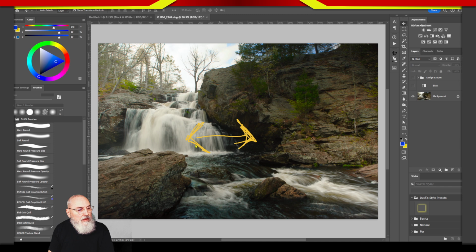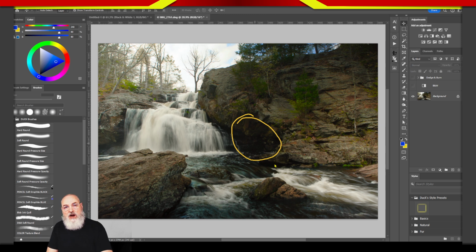And from experience, I know that as I work the image to boost the contrast a little bit more, this contrast is going to get wider and wider and wider. So I want to make sure that this area doesn't fall into too dark where I lose any kind of